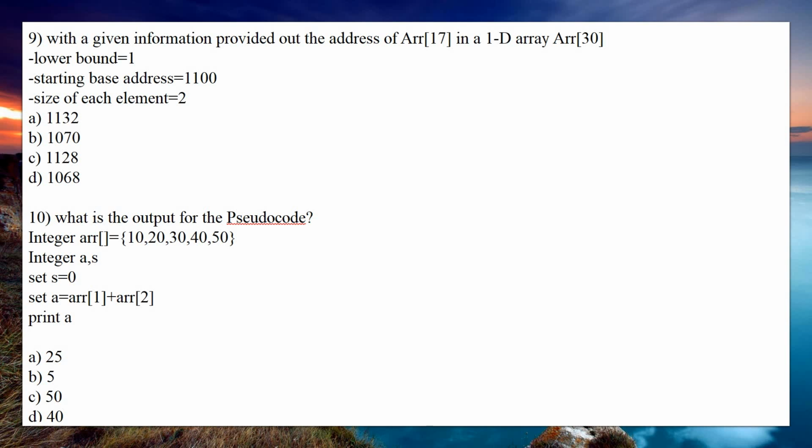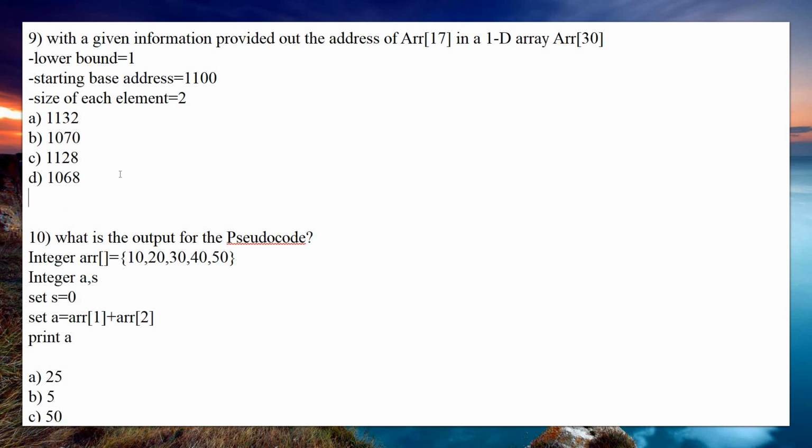Size 2 means each element has 2 bytes. So first start with this.